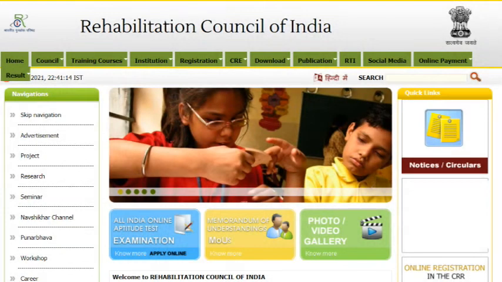When we graduate, we are provided with a degree certificate, and that degree certificate is not enough to practice. We have to register with RCI and they will provide us with a registration certificate. In that certificate, we will have information like our name, address, email ID, phone number, and the degree which we have qualified. Along with that, it will have a date of registration. Usually, the date of registration will be your date of issuance. So the validity of that certificate will be 5 years from the date of issuance.